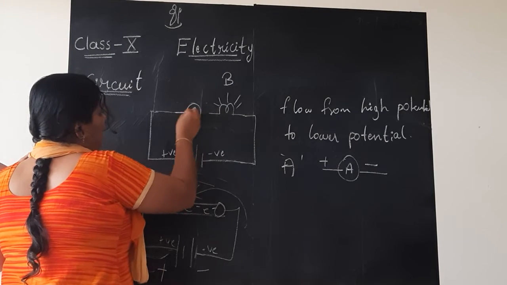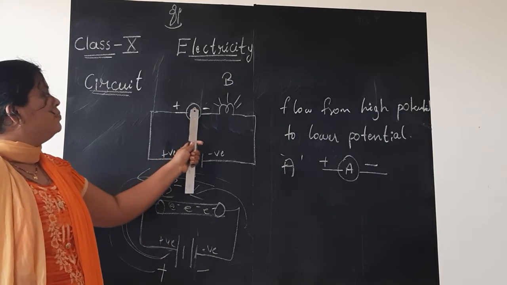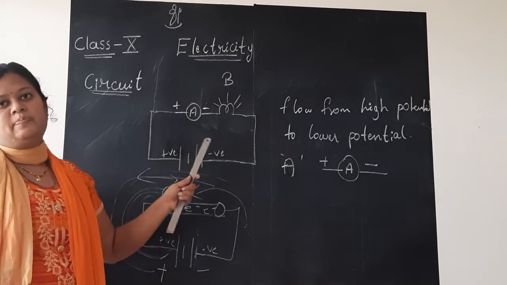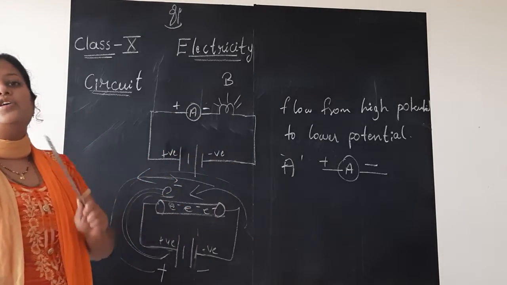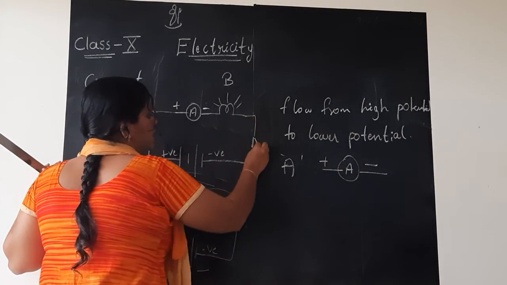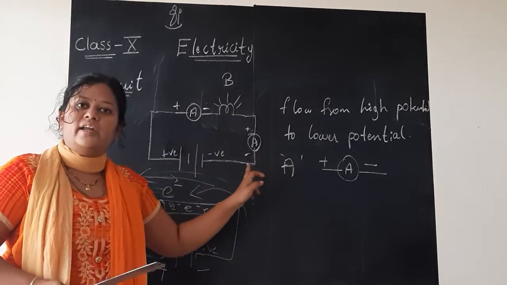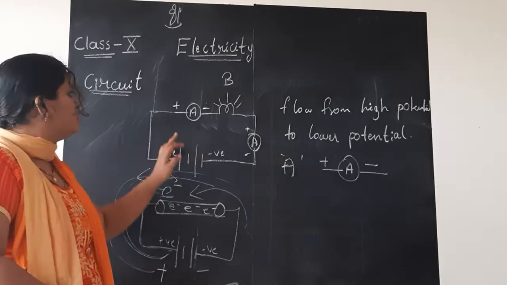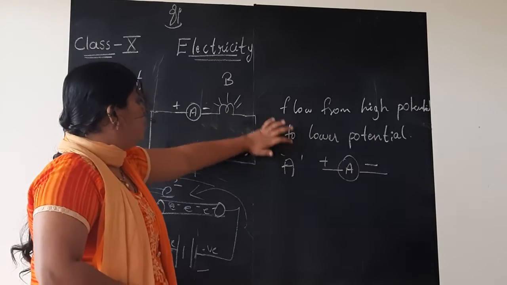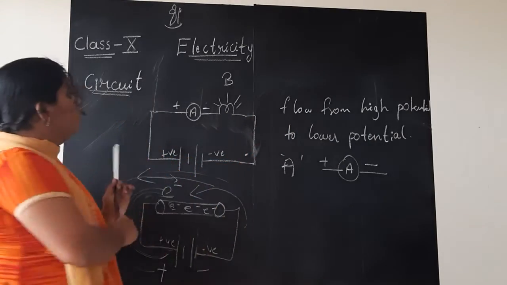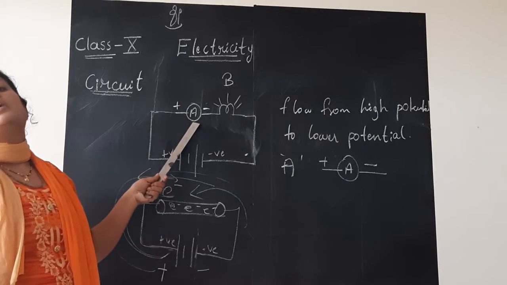So ammeter, positive, negative. You have connected the ammeter in series with the bulb. Series means nothing but connecting the device in the line. In your textbook, if you observe, they have connected the ammeter here. No problem. Anywhere in the circuit you can connect, make sure it is connected in series. Nothing like that, but don't write two ammeters. Since I am explaining with respect to this electric bulb, here I am writing the ammeter.